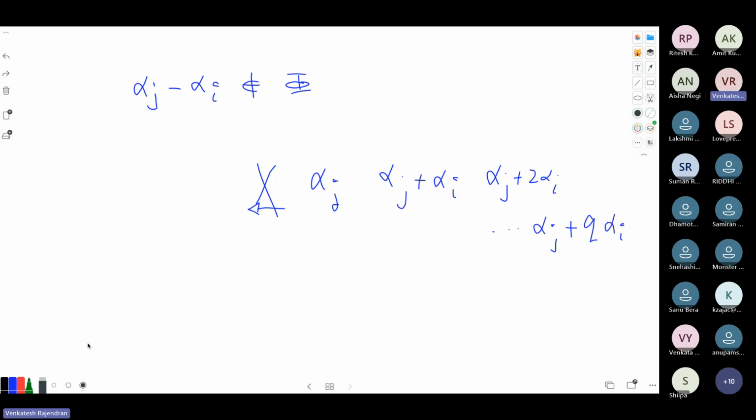So q is whatever is non-zero, it may not be 0, it is greater than or equal to 0, and p is for sure 0. But the relationship says